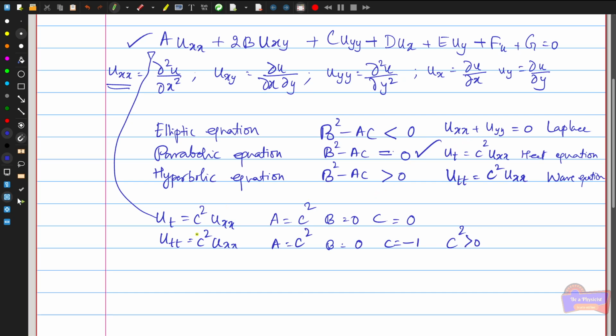And finally, if you look at the Laplace equation u xx plus u yy equal to 0, here a is equal to 1, b is equal to 0, and similarly c is equal to 1. Again, if you substitute all these values, b squared minus 4ac is less than 0, because a and c are 1, so you get a negative value here. So the corresponding equation comes under the category of the elliptical equation. Okay,